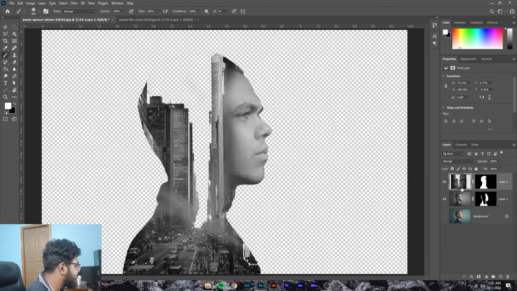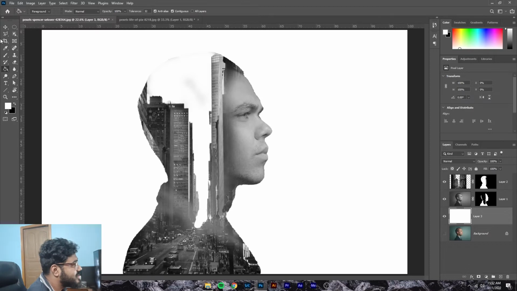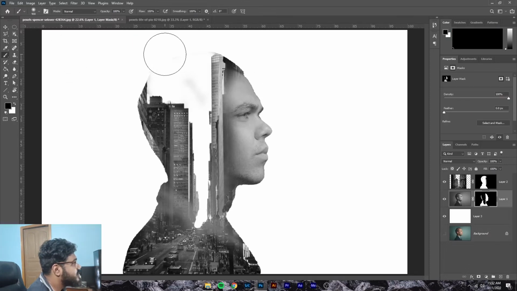Let's just take another new layer, move it between the two, and just fill it with white. And as you can see, there are some parts still remaining. We're going to take this part and rub away the unwanted portions of this photo, and there you have it. You can make the brush small,